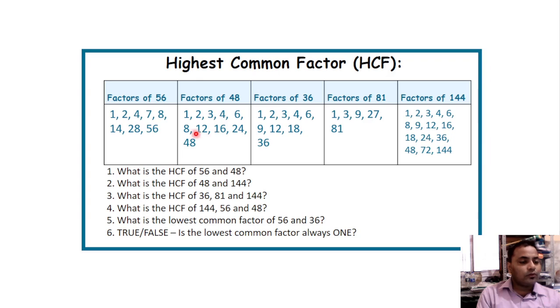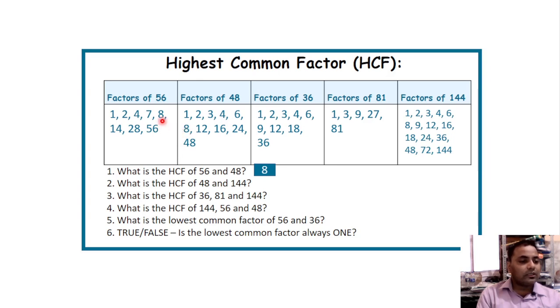I think there is no other number except 16. And here 8 and 8 is here, so one number is common, and the highest common number is 8,